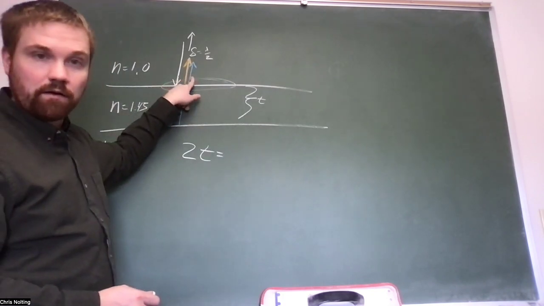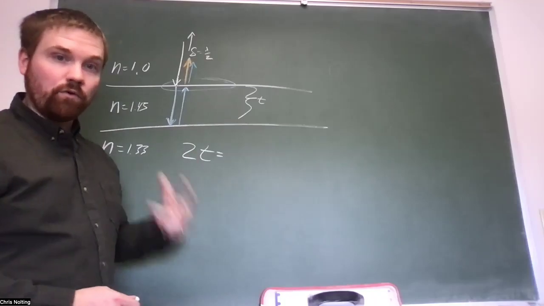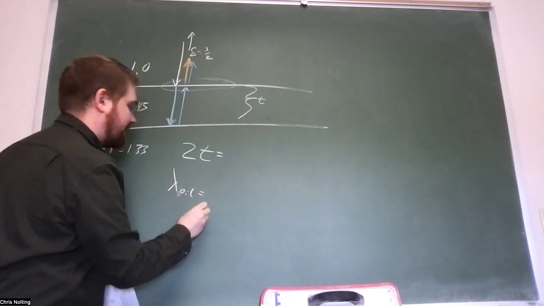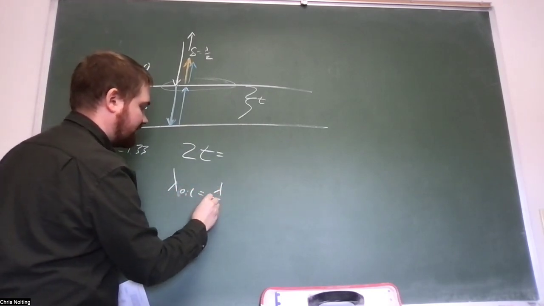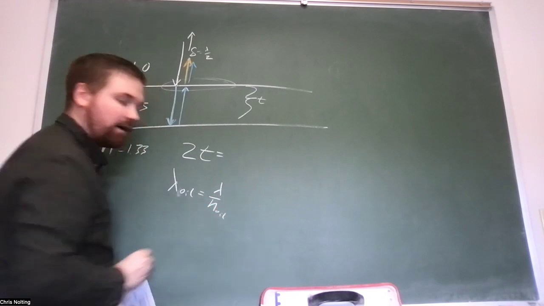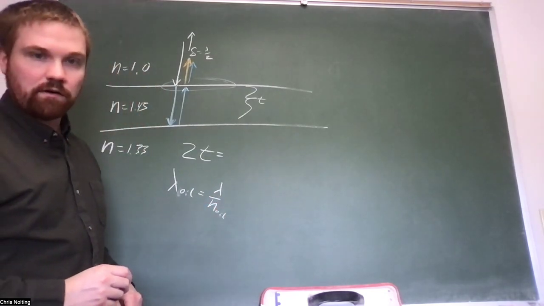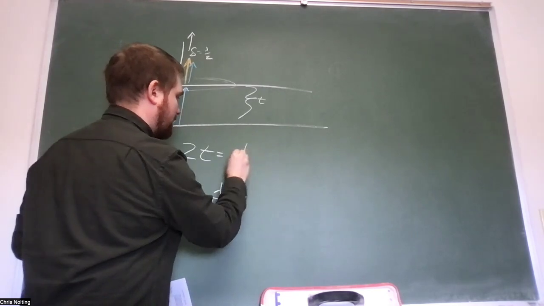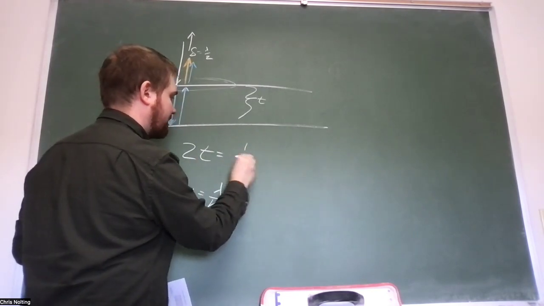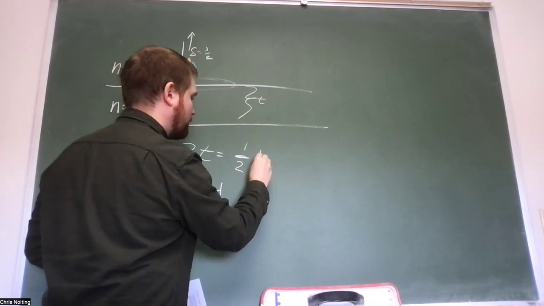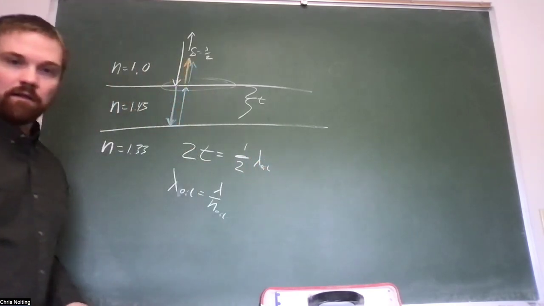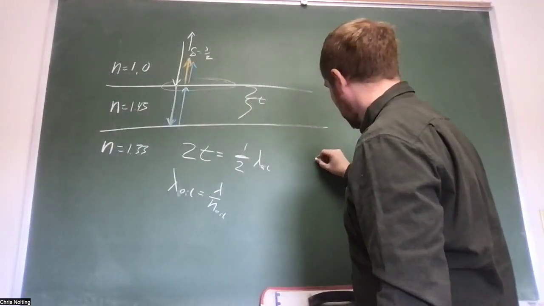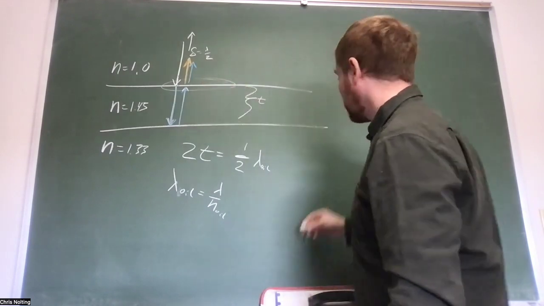interfere constructively up here. Now, I said in the oil because lambda oil is not equal to lambda in air. It's actually somewhat reduced because of the index of refraction of the oil itself. So we can say that this twice the thickness, the path length difference, should be equal to 1/2 lambda oil, but it could also be, so if I say we want this to meet up at a peak,